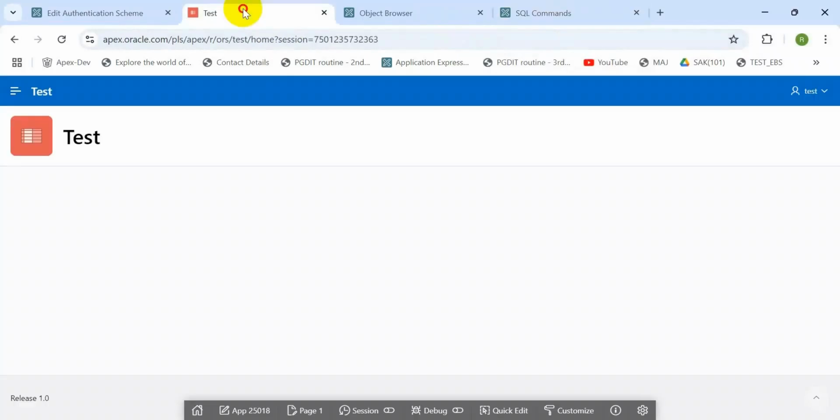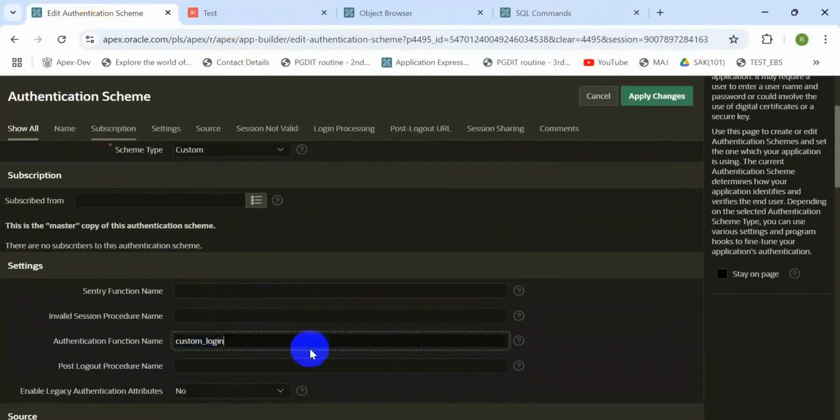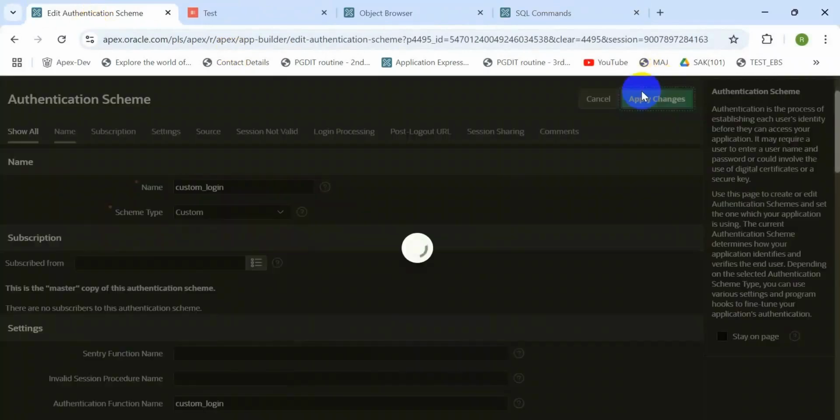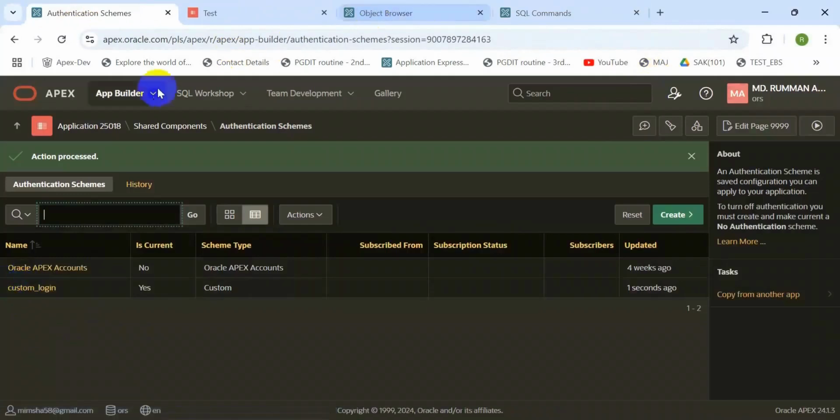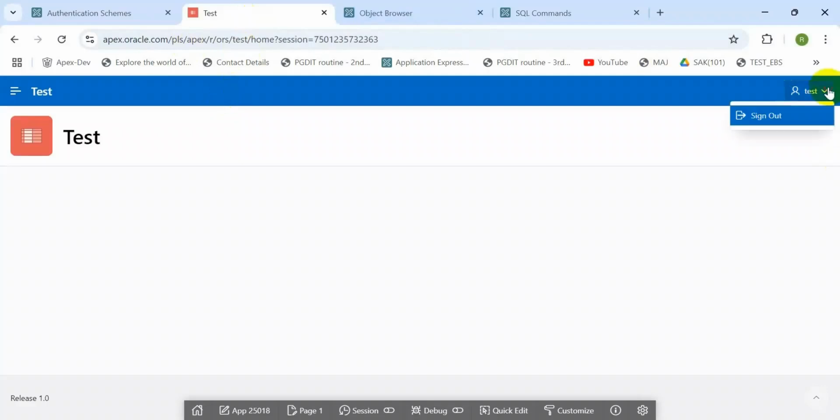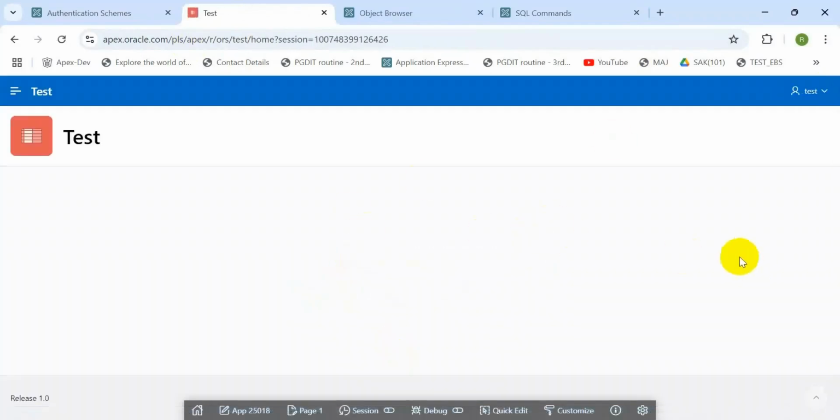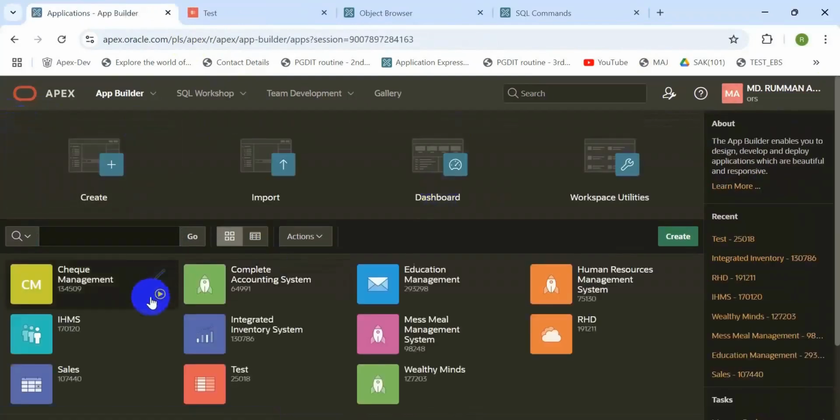Now we call this function here. Here no PL/SQL code. Apply changes. Yes. Then proceed. Now try. It's working also. If we create another application